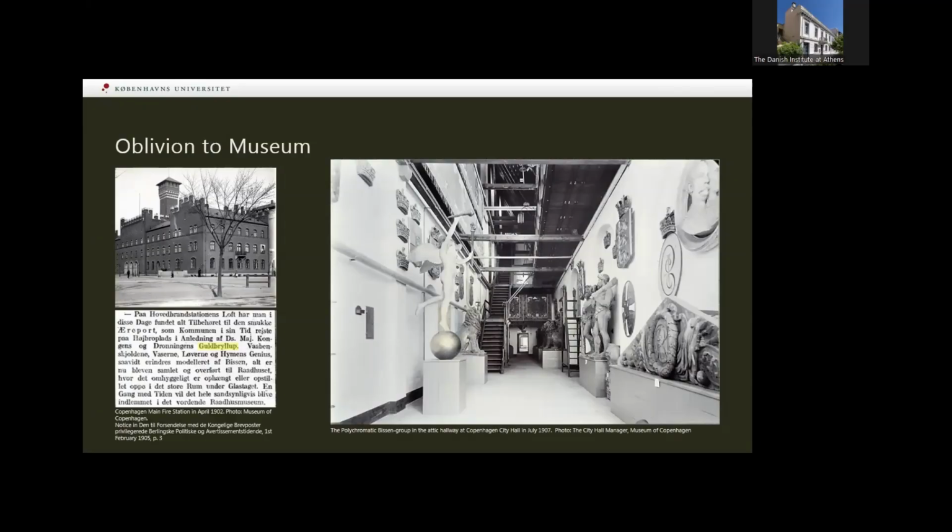where they were discovered and, as it mentions in the newspaper, moved to the budding exhibitions and collections in the City Hall attics. And in the following years, you can actually find quite a few newspaper articles referring to them in their first exhibitions as a friendly review or a re-acknowledgement that they exist. But the first actual photo I've found, or visual evidence, is of this space in 1907,